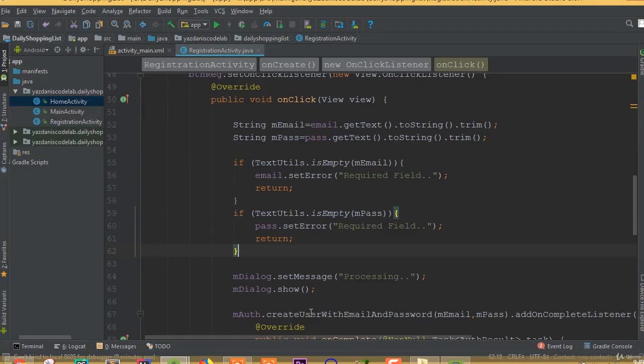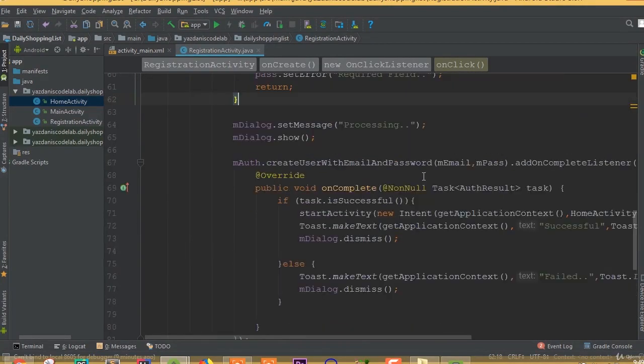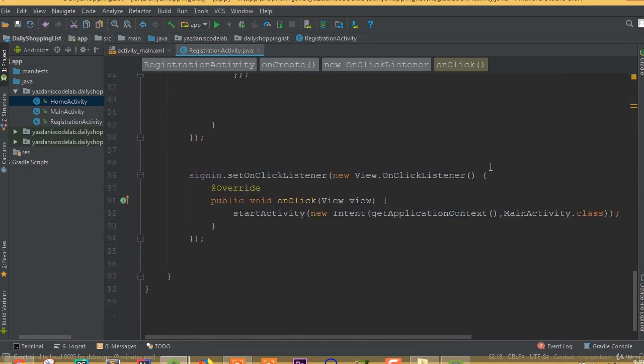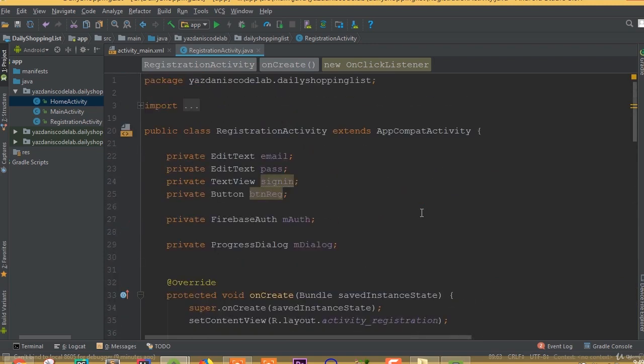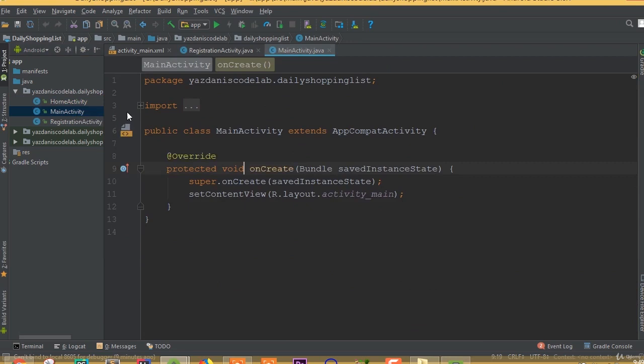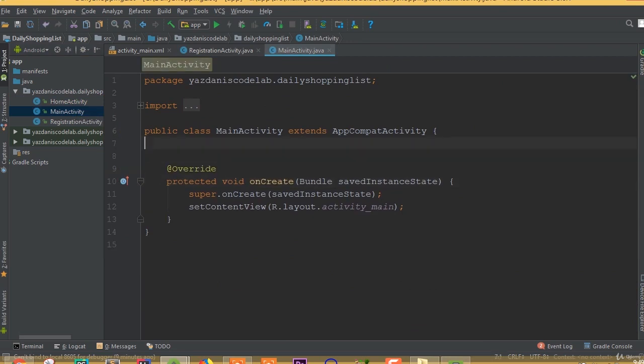Welcome back once again. In this part, we will complete our Firebase login functionality. For doing this, first we need to open our main activity and we need to cast all these input